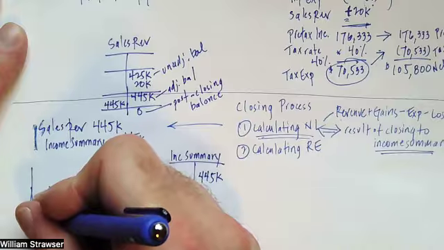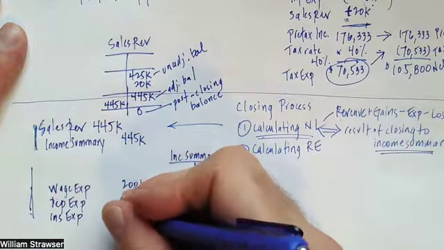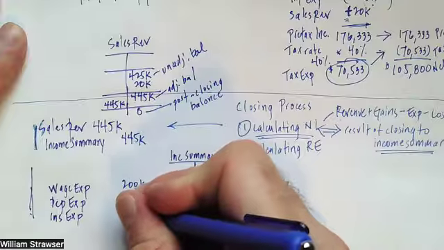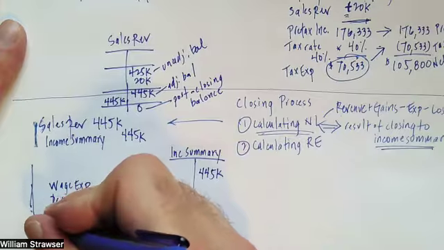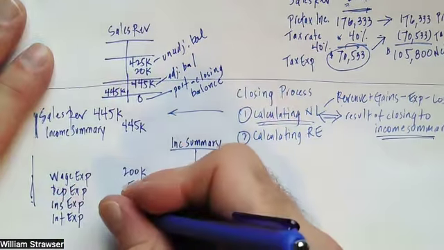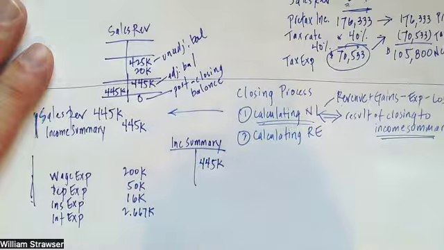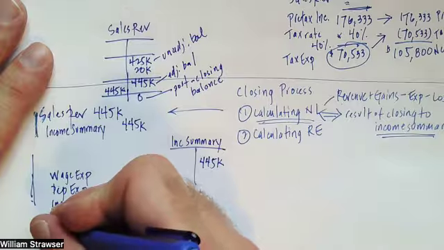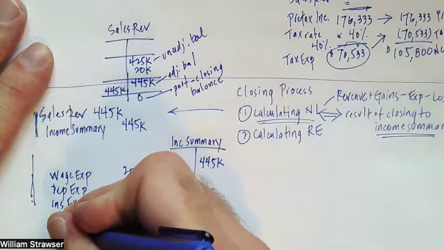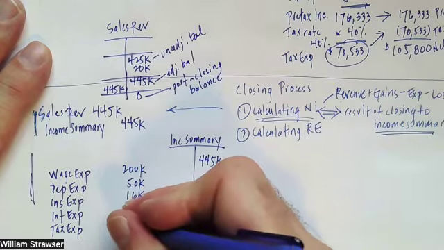We got to close our insurance expense, and that's 16. Interest expense, that's going to be 2,667. And I want to close tax expense. Don't forget tax expense. Definitely something we need to close. That was for